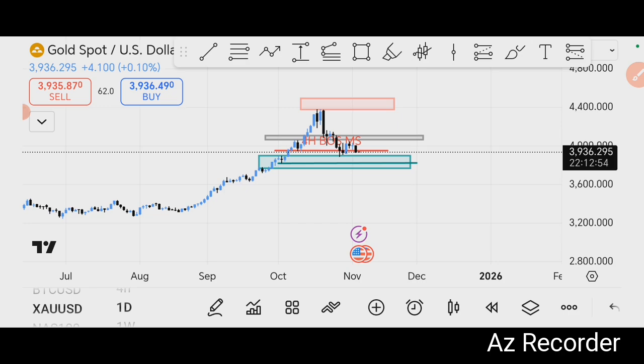They declared the US will reduce some 10% of tariffs on China. So with all the data and events, the US dollar is currently positive, but it's not confirmed,